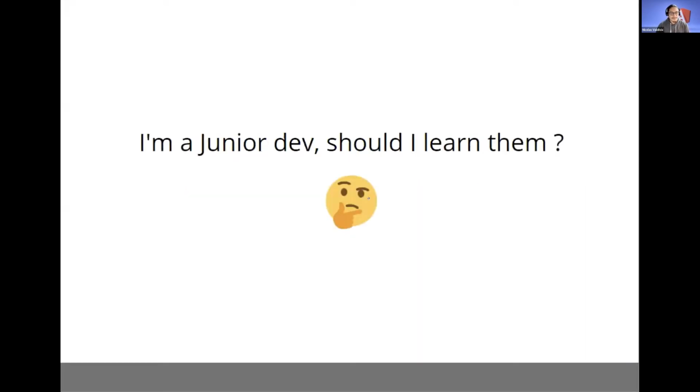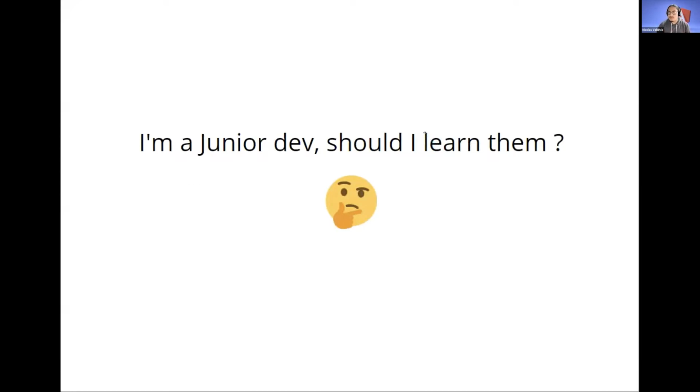So the next topic I wanted to talk about is, as a junior developer, is it important to learn about design principles before starting? Sorry, is it important to know about design principles before applying to a job or before building a project? In the Angular community it is widely suggested to apply SOLID principles and other principles like don't repeat yourself, for example. But is it really important before building a project or before applying to a job?